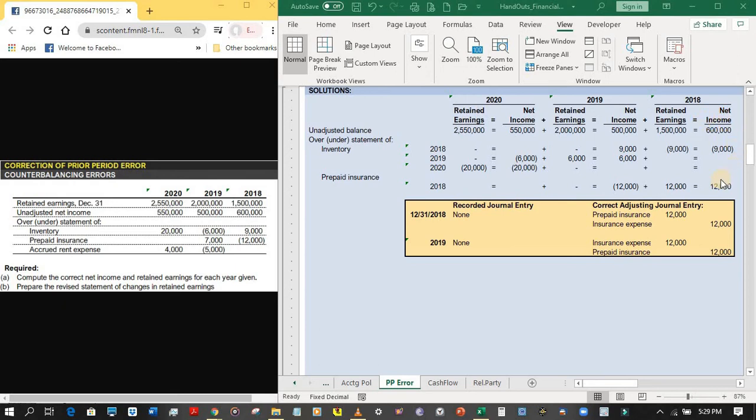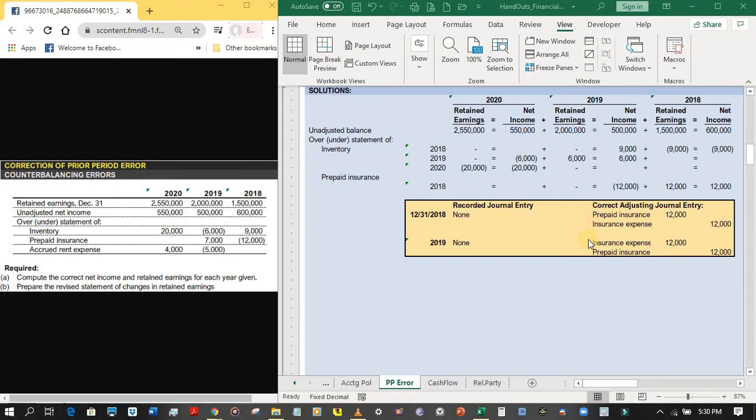that is because of the entity's failure to reduce its insurance expense in 2018. Because by preparing this journal entry, the insurance expense that was recorded in 2018 should be reduced by 12,000 pesos. And why must the insurance expense in 2018 be reduced by 12,000 pesos? Because that insurance expense should be recorded as an expense in 2019. That is why if the entity was able to prepare the journal entry in 2018, another entry would be prepared